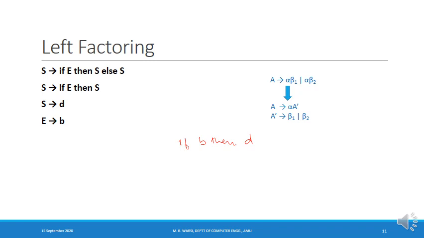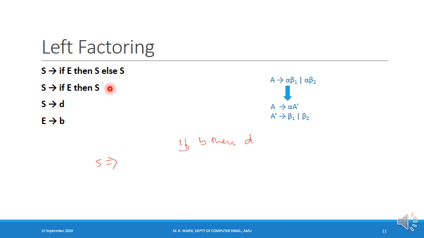Now when I look at if, and we start the derivation from capital S, and I try to decide which production should I use for expanding the capital S, whether to use this production or to use this production, now I'll face difficulty. All the strings which are derivable from the first production, they begin with if, and all the strings which are derivable from the second production, they also begin with if. So when I look at the given string, it is beginning with if, and I am not able to decide whether to use the first production or to use the second production for expansion.